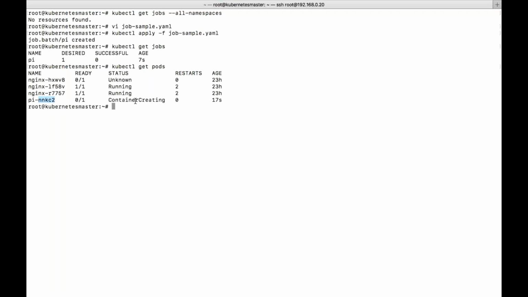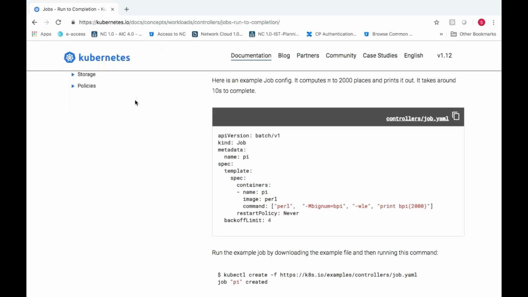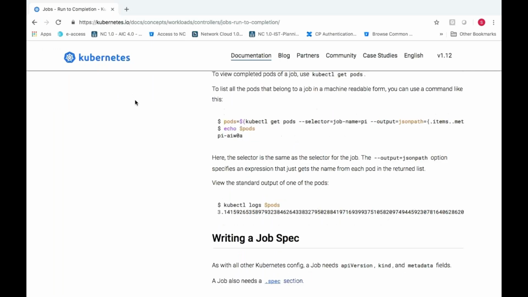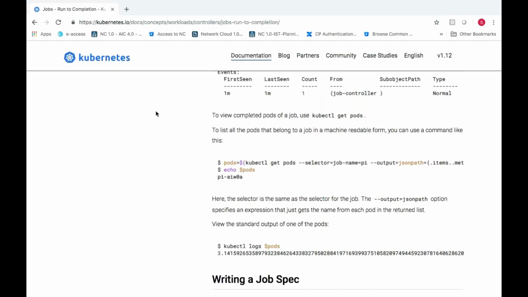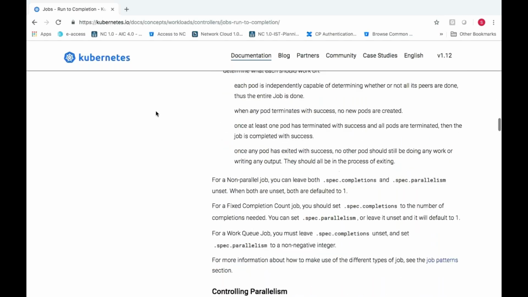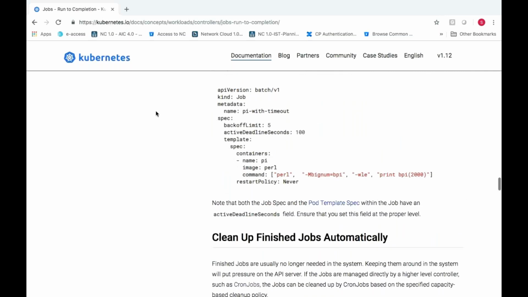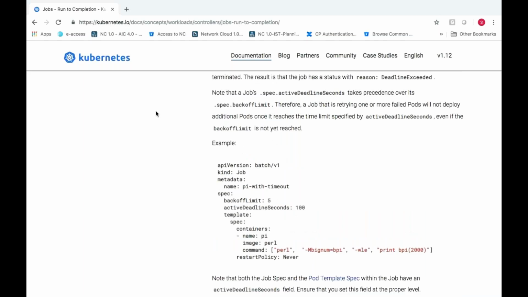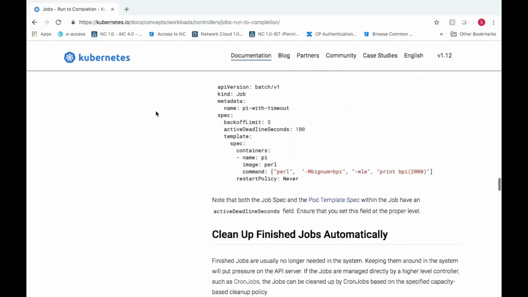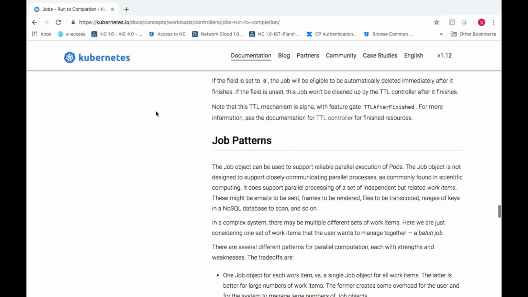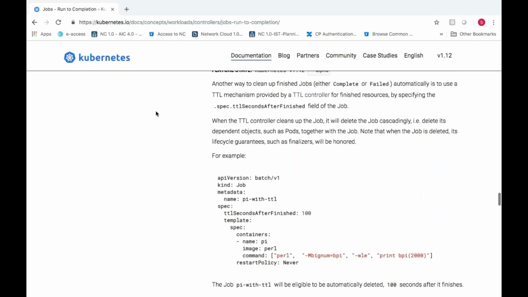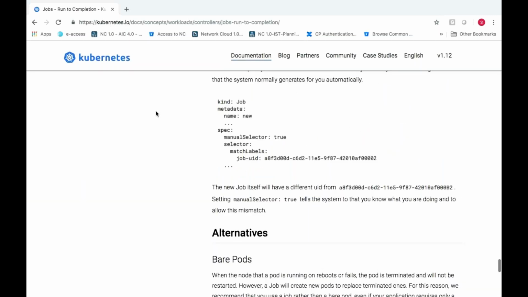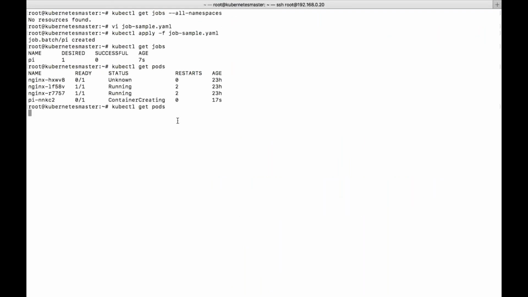Anyway, we'll try to see. Still under creation.